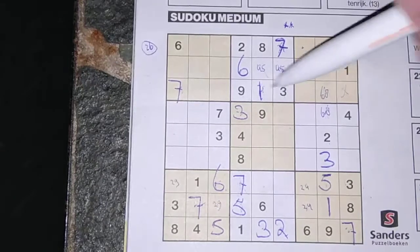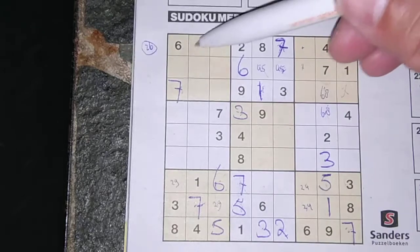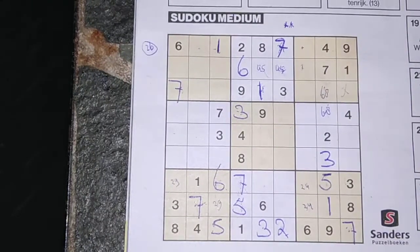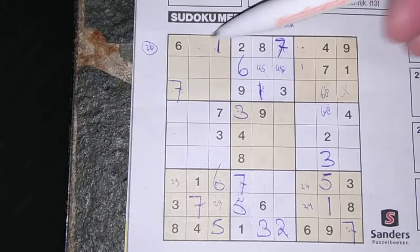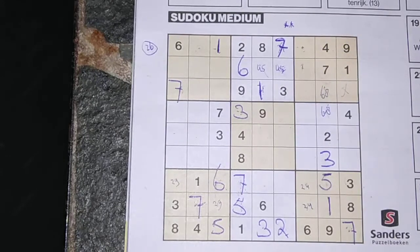So we have 1 in the 3rd row, 1 in the 2nd row. So in the 1st row, the only 2 places for the 1 are here or there. But I see here 1, no 1 there. 1 should be here. And now, how about these 2 numbers? In the 1st row, the numbers are the 5 and the 3. I cannot fill this yet. Need to wait. How about...